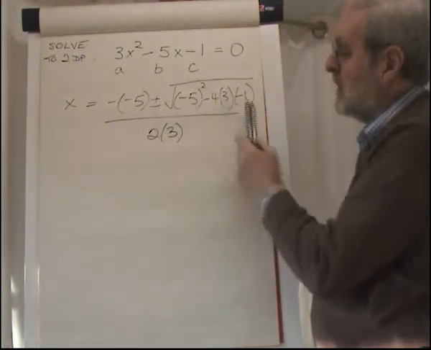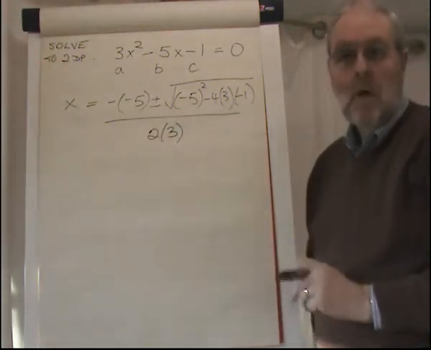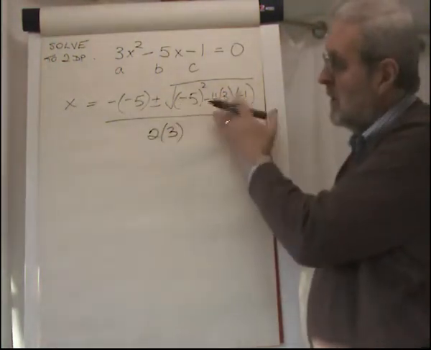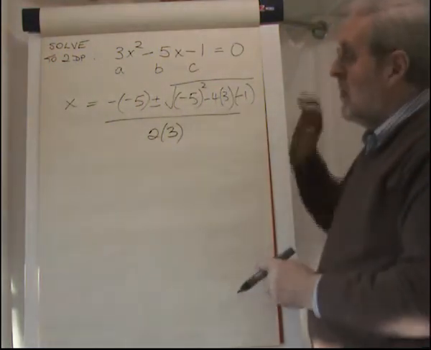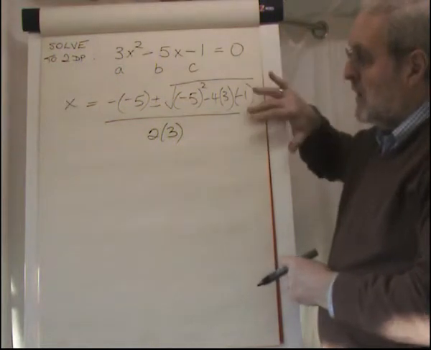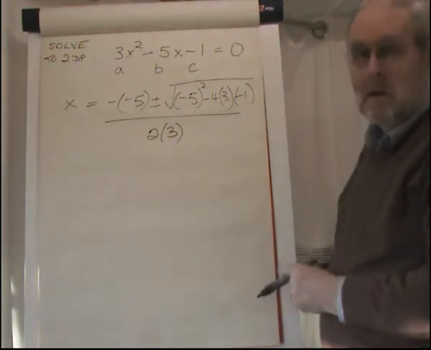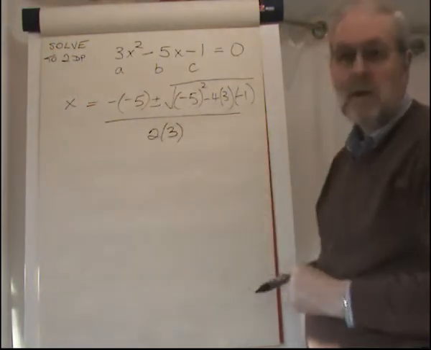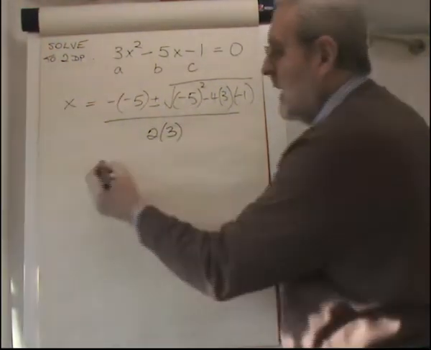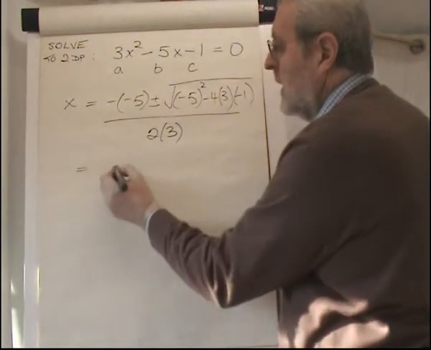Putting them in brackets like this will ensure that you will be able to see the next step quite clearly. Now some people using their calculators will plug that in and get one answer using the plus and the other answer using the minus. Personally, I like to put an extra step in before I do that,